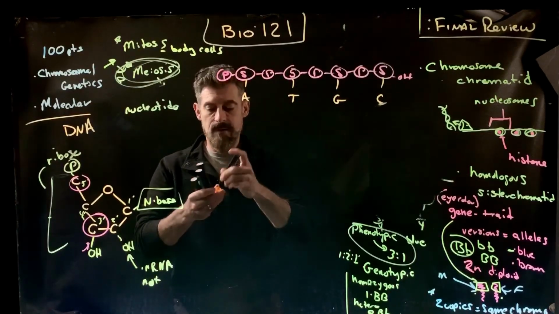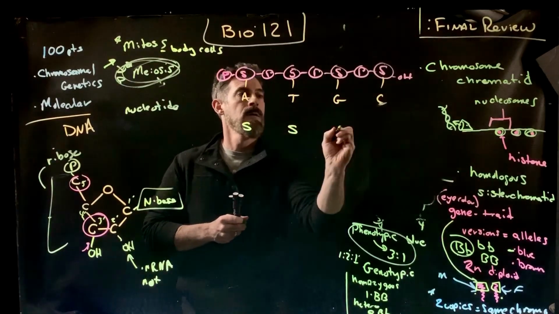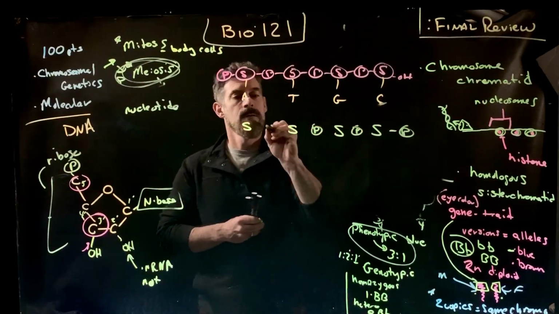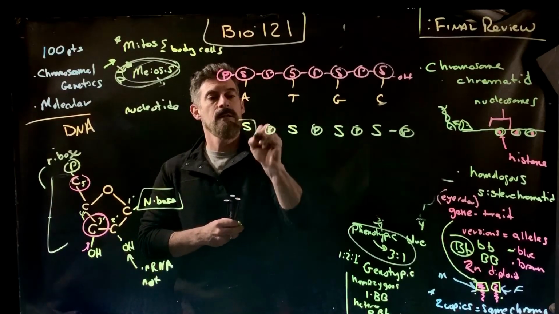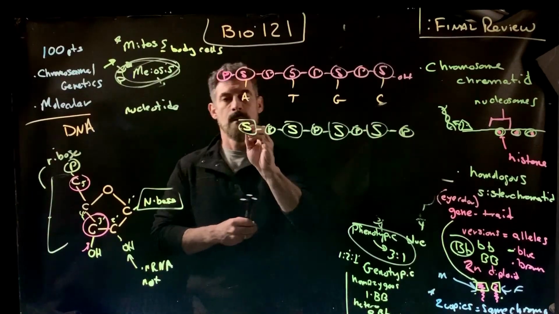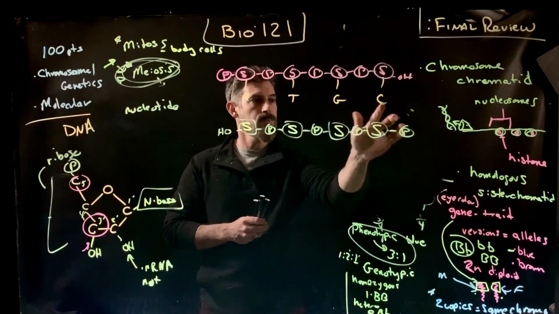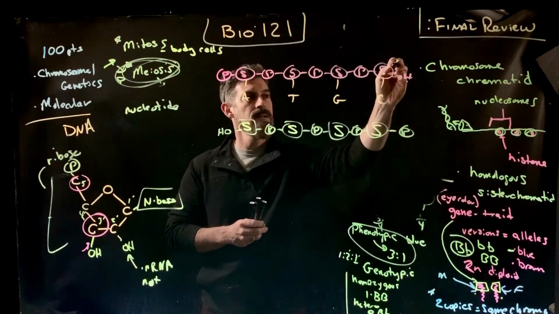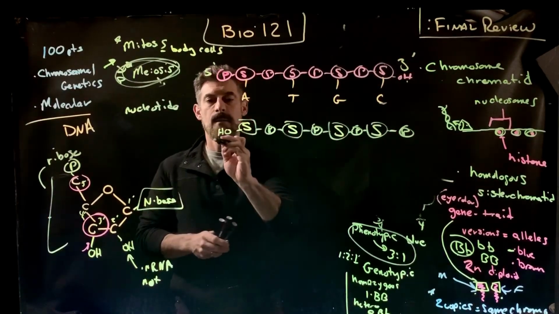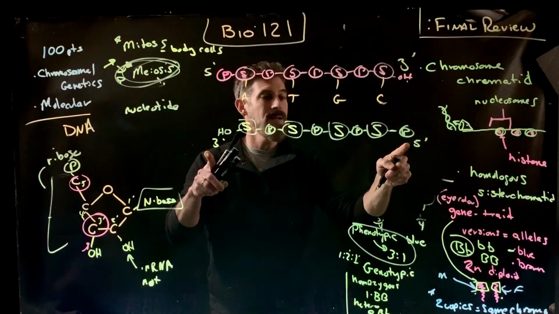We're going to line them up in a very similar sort of way, where we're going to get sugars lining up like this, the phosphates. But what we're going to see is that it looks a little bit different. Like this. Now, one thing I did different, you'll notice, is that up here you put the OH on this side, 3' end, and a P on this end, 5' end. And when I did it down here, I put the OH here, 3' end, and the P over here, 5' end. They are what are called